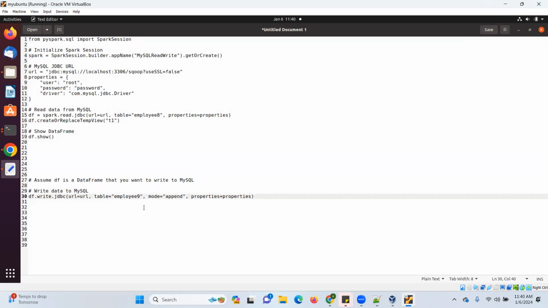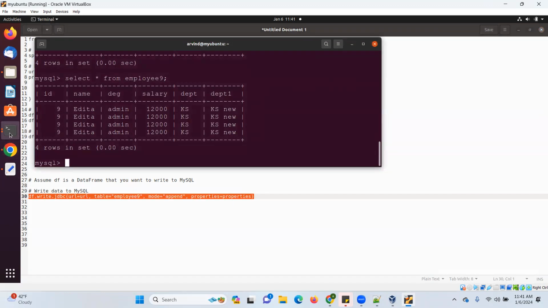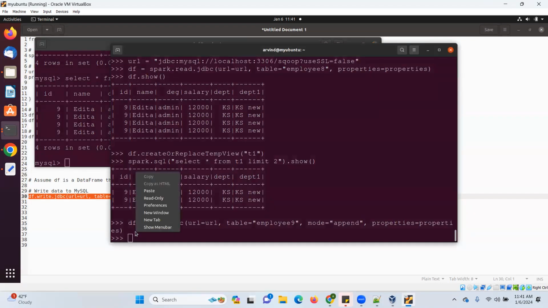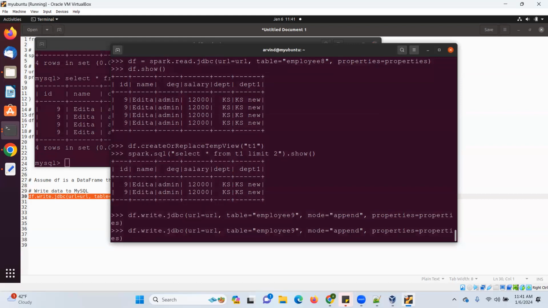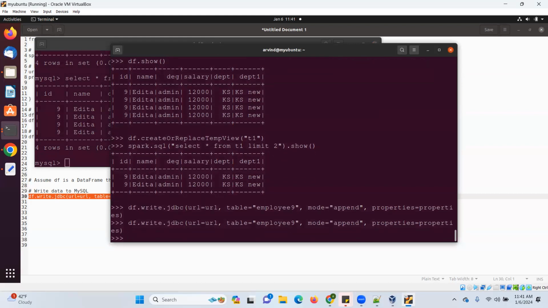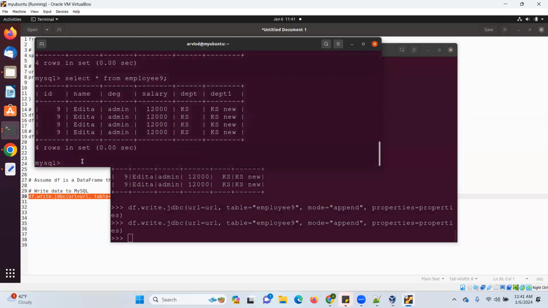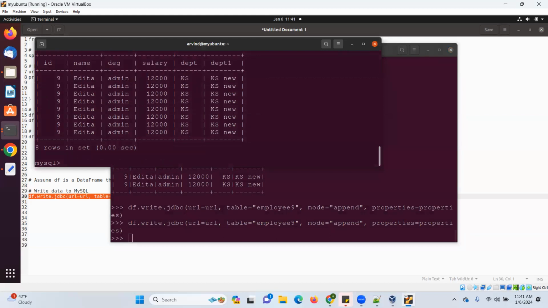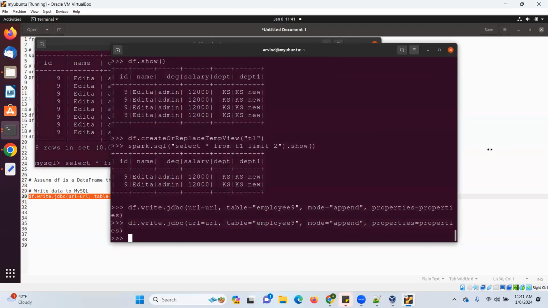Okay. If I do the same, I run it again because employee 9 is already created. Now, how many will be there? Which mode do we use? Append mode. Can you see 8 records are there now? Because I used append. If I change it to override,